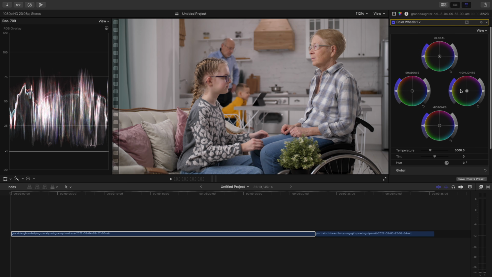You can grab these little pucks in these circles, and as you drag it in one direction or another, you can see it's affecting the highlights. I can maybe take the shadows and make those more blue. I can make the highlights more red if I want. You get the idea. And I'm going to go ahead and disable the color wheels,